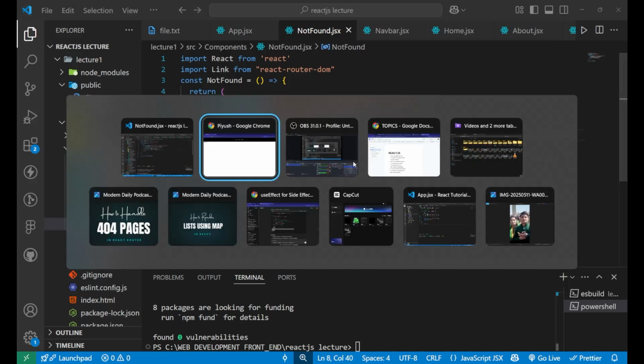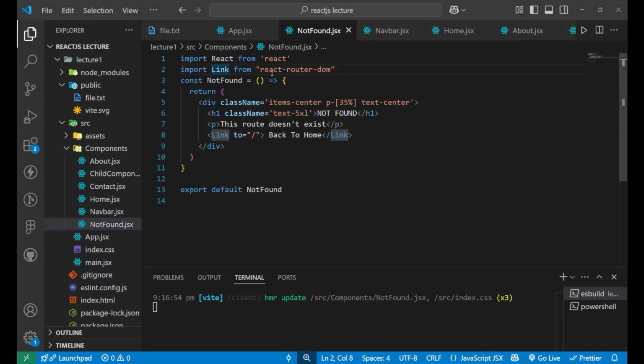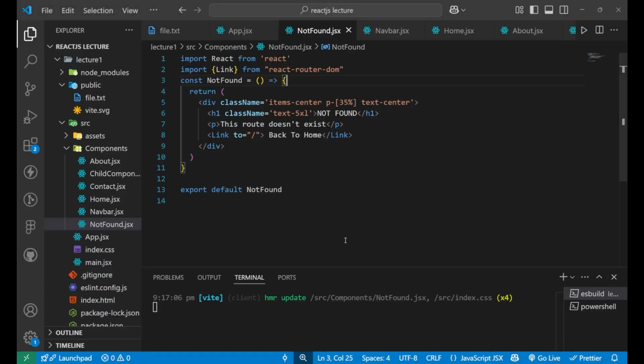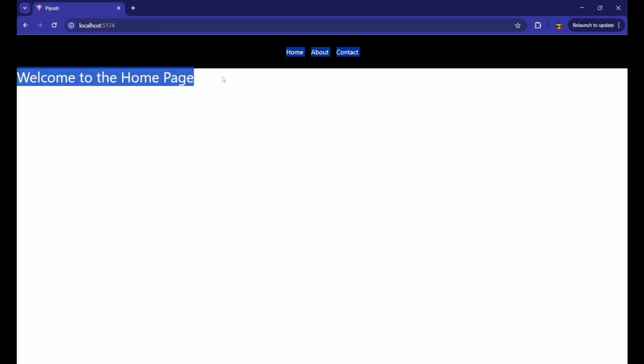This is how I created the not found page. Okay, there is some mistake. Let's see. Okay, we have not put a curly bracket here, right? Now let's go to our website and reload it. Now you can see on some random route it is showing me the not found page. I think the padding went quite long, right? Let's reduce it. Now you can see, right? And when I click on Back to Home, I come back to my home page.